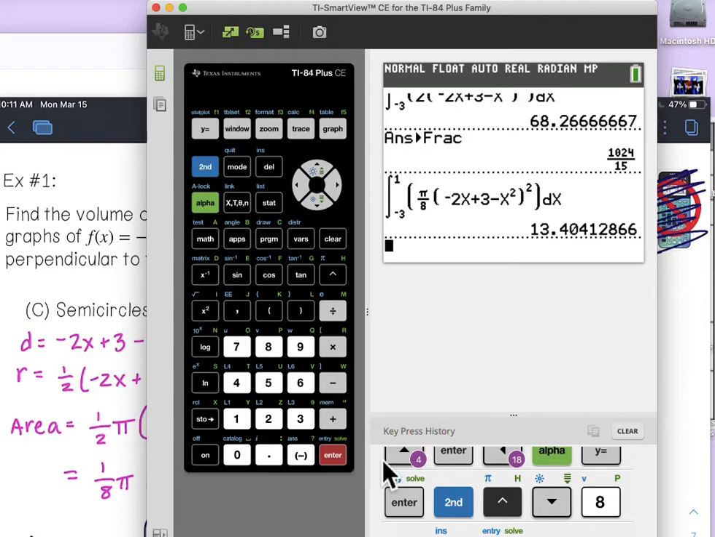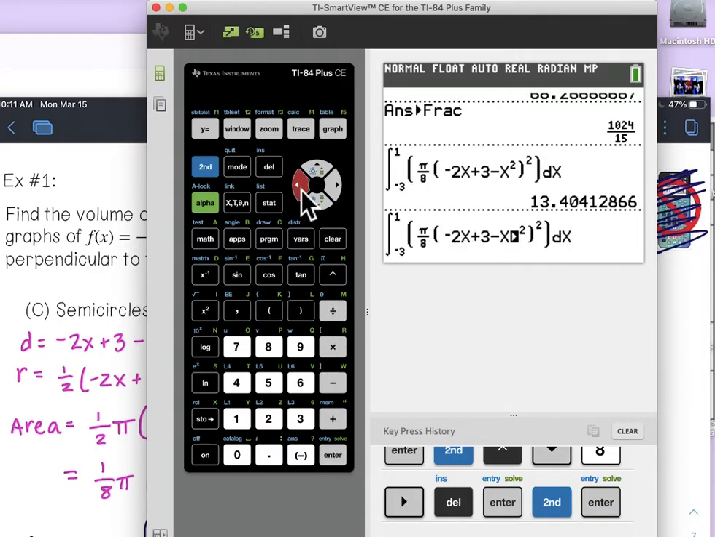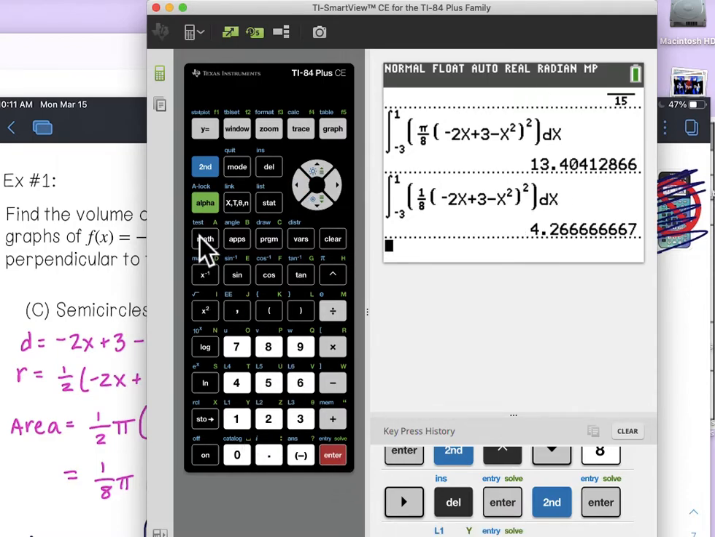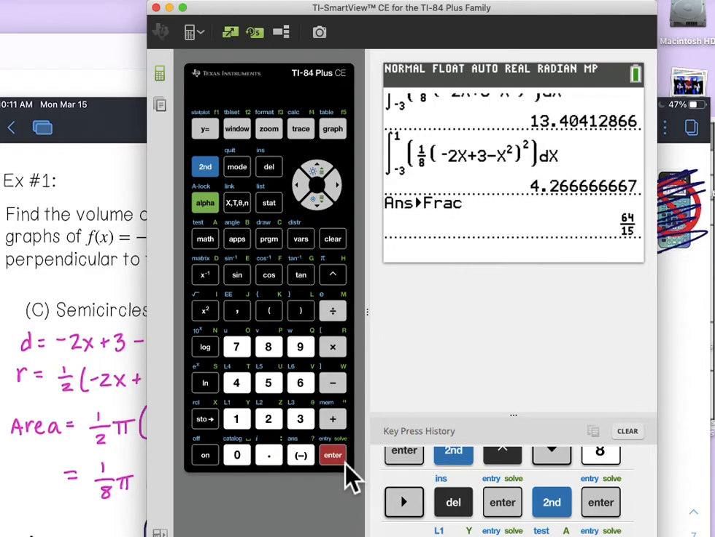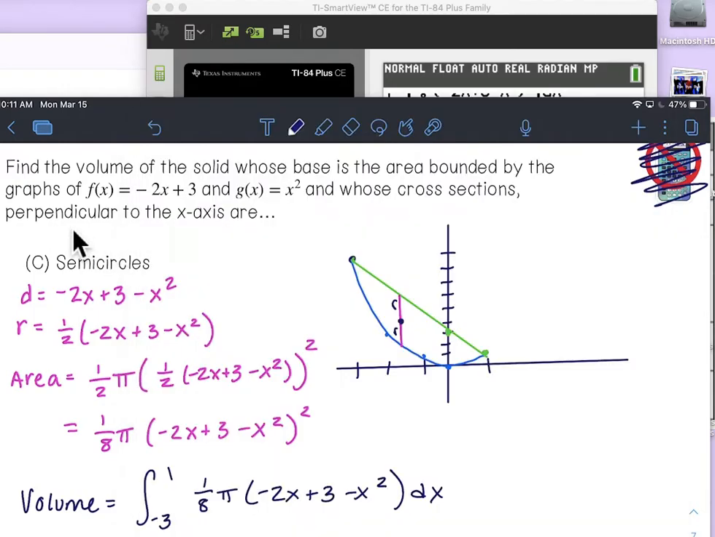So that would be approximately 13.401. If you wanted to know what that was as a more exact answer, like with a pi in the answer, if you do the same thing but make the pi a 1. Okay, there we go. And then make it a fraction answer. So our exact answer here would be 64 over 15 pi,